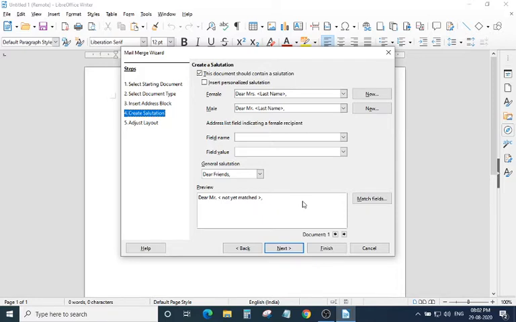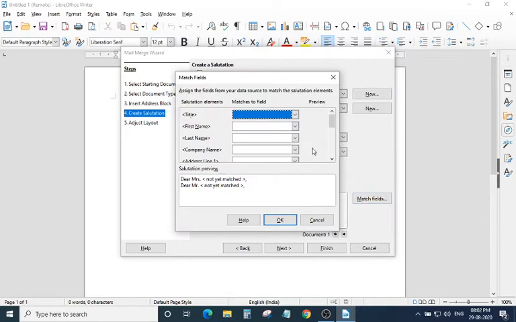Then here I will choose a general salutation, like to whom it may concern, dear friends. I will choose this, dear friends. Then match fields.